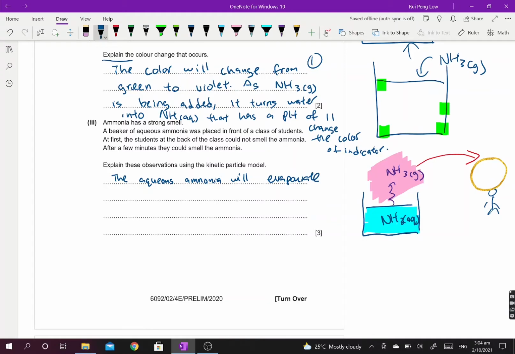Okay, it will evaporate and turn into ammonia gas. This creates an area of high ammonia gas concentration,